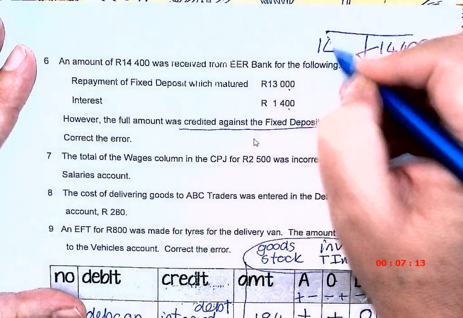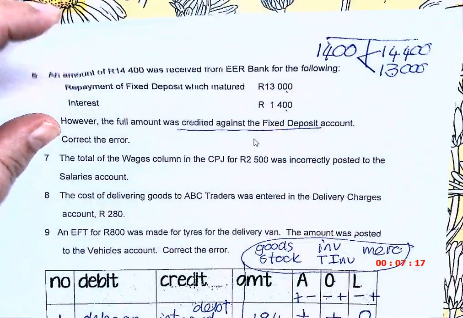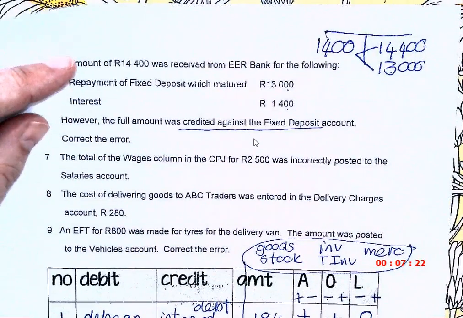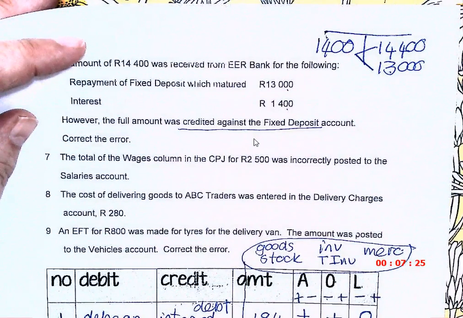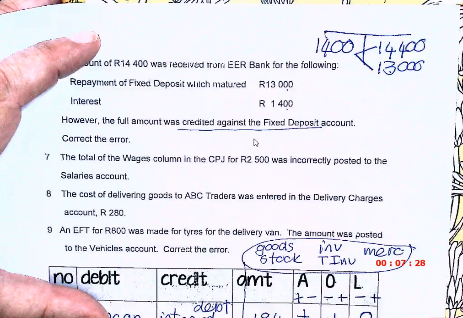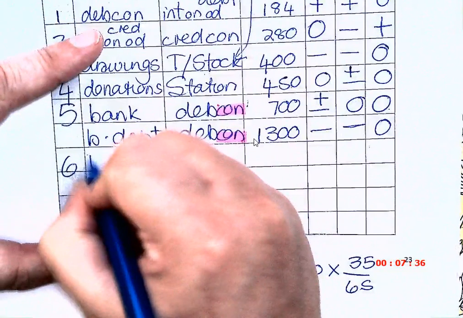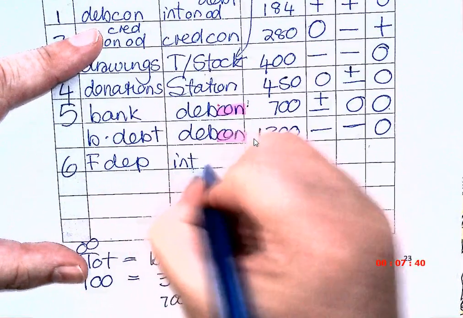1,004. So the fixed deposit I'm going to debit with 1,004, and the interest I'm going to credit. This is now the third time we've done exactly the same adjustment. So you have to see this can be a favorite one. So please go look at that, make sure you understand it. So I'm going to debit fixed deposit, credit interest on fixed deposit,